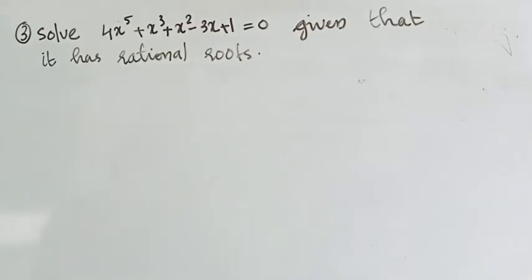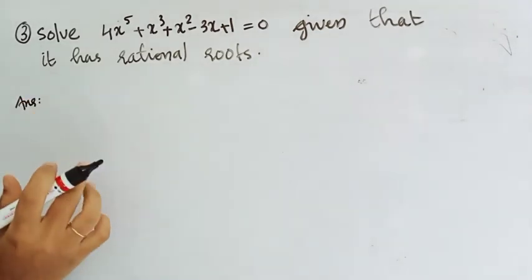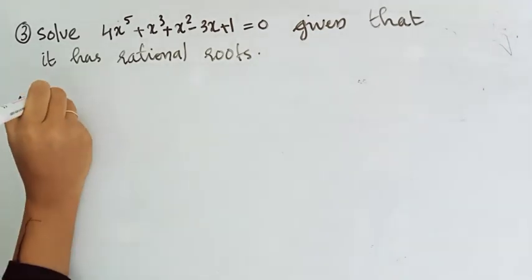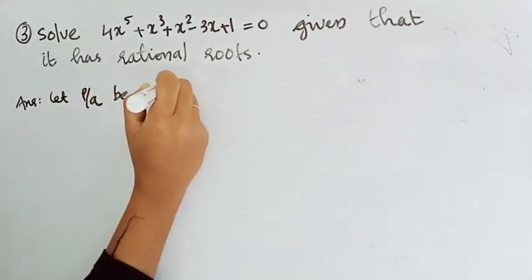The question is, solve 4x raised to 5 plus x cube plus x square minus 3x plus 1 equal to 0, given that it has a rational root. So in the question it is given that it has a rational root, and we have to solve it, that is, find all the roots of this equation. If it has a rational root, by the theorem we can say let p by q be a rational root,